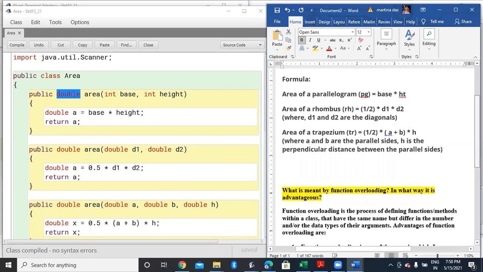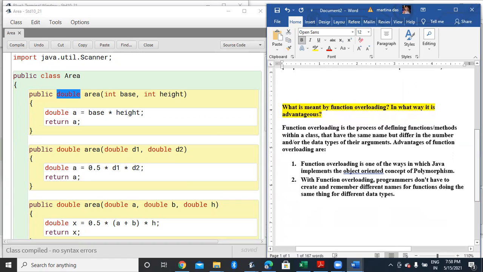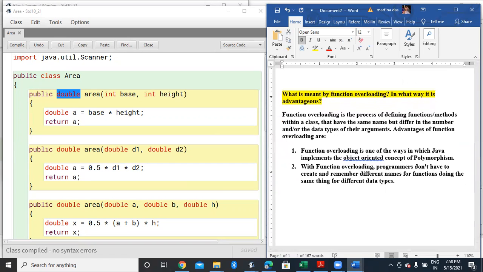So let's now understand the advantage of function overloading. Function overloading is the process of defining functions or methods within a class that have the same name but differ in the number and or the data types of the arguments.